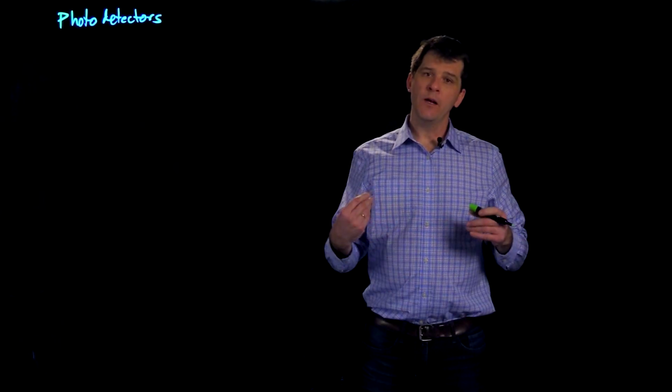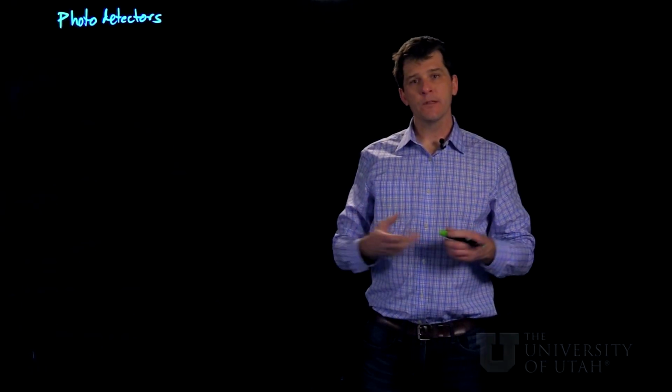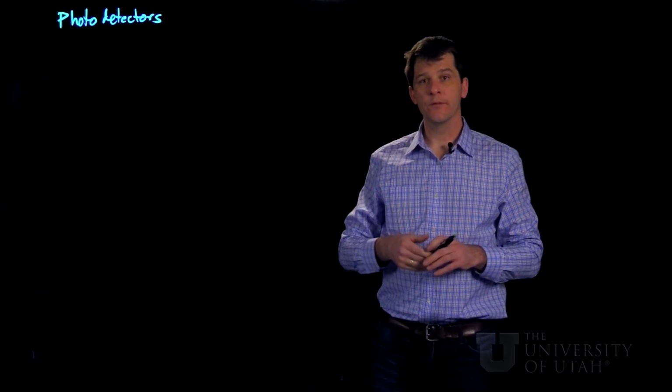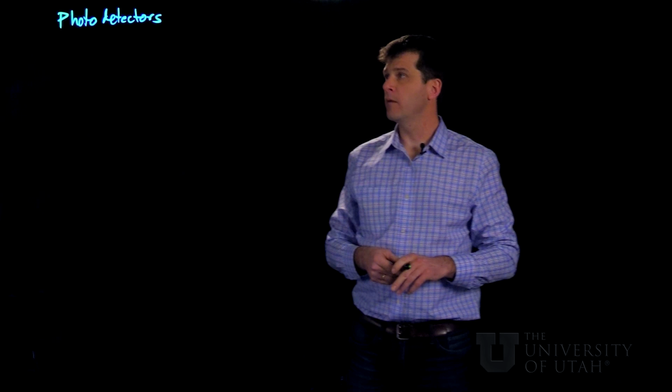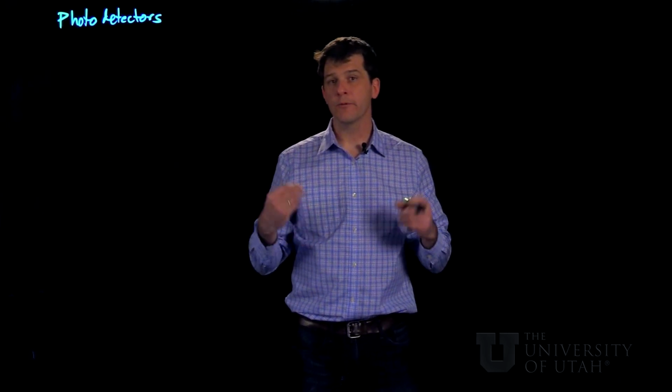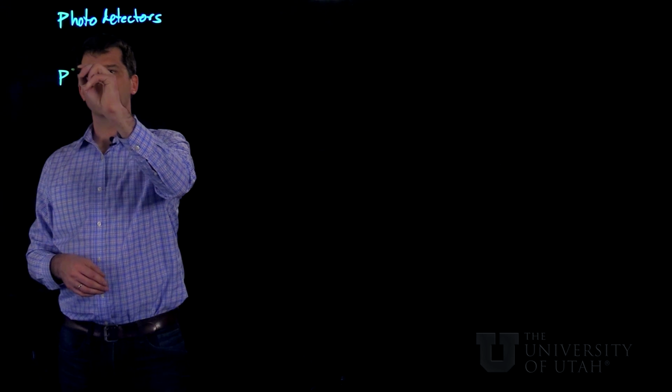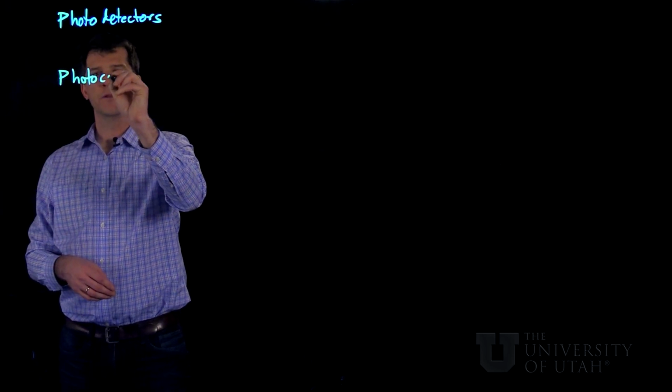All right, so now that we've established some basis of how light interacts with semiconductors, let's look at the simplest kinds of devices that can be made, the simplest types of optoelectronic devices that can be made. So the general class is called photodetectors. Now the first photodetectors ever were actually photoconductors,